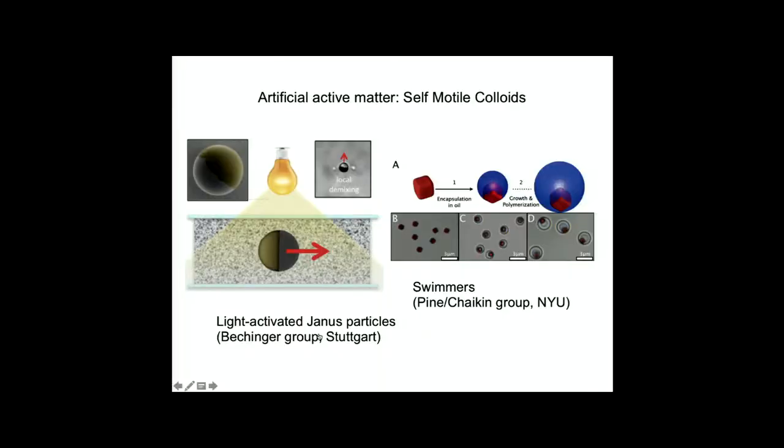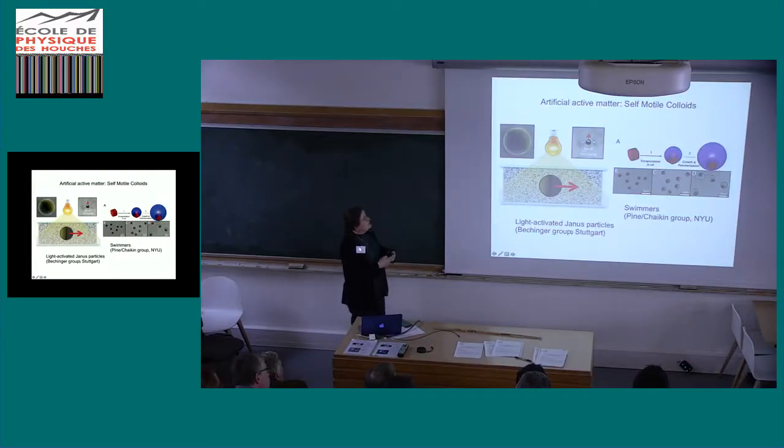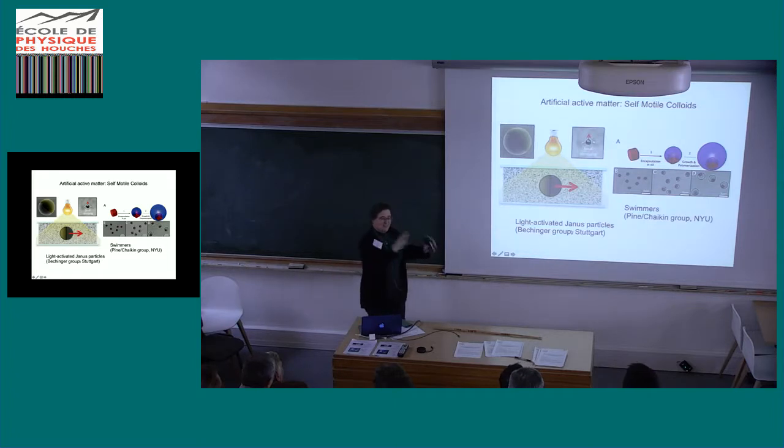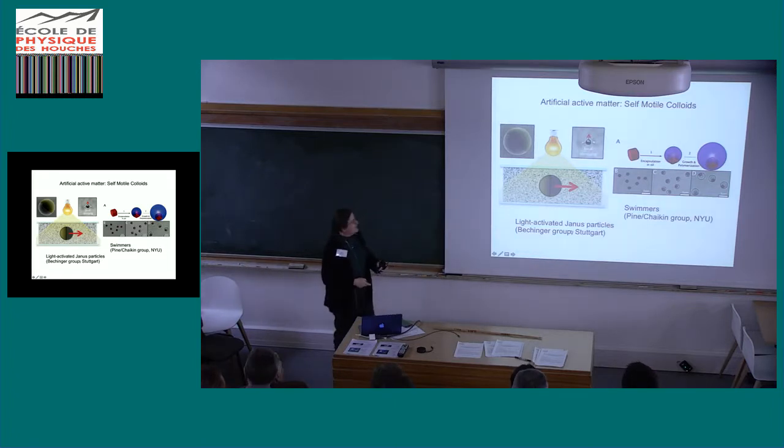Now, a lot of advance has been made in active matter recently due to the creation of artificial active matter, because bacteria is really annoying. It knows how to do all these other things, like collective waves and stuff. It's been around for a long time. So artificial active matter is really dumb. It just swims. And so you can use, for example, colloidal particles.